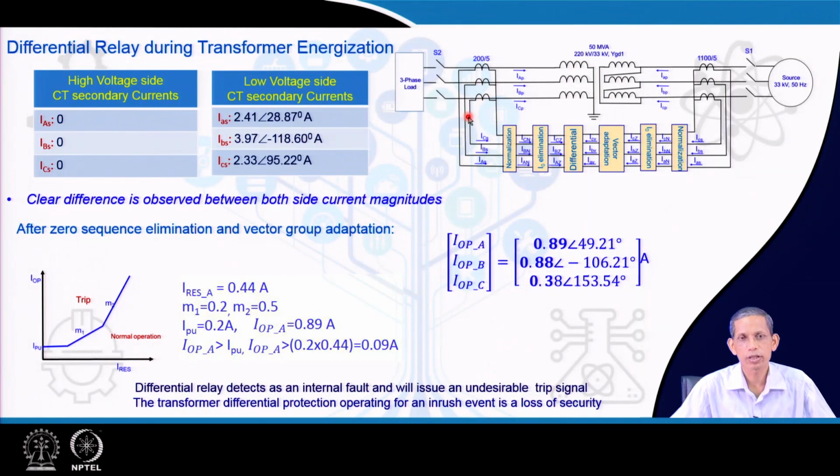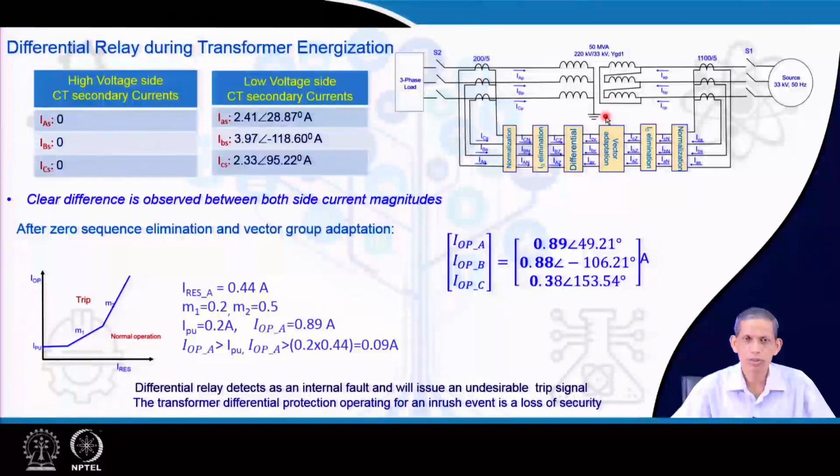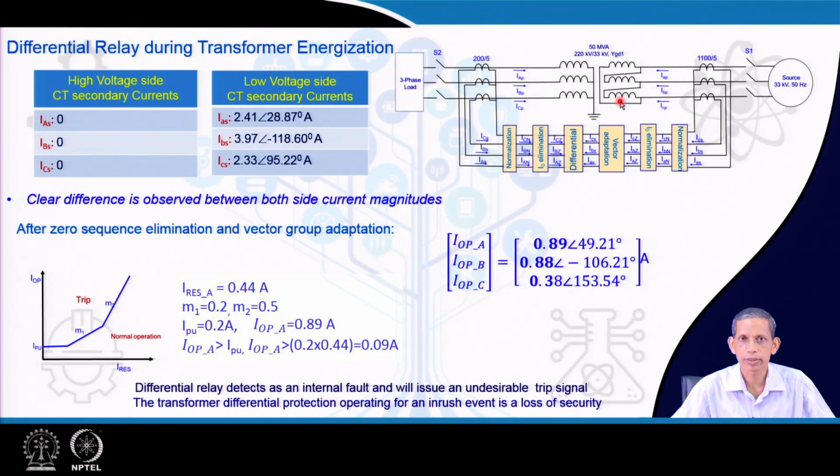This is not a fault case. After some time the corresponding current will die down and the differential current will also vanish, leaving only a very small spill current, 2 to 5% of the rated current, due to the magnetizing current. So, this is not an internal fault case, and the differential relay should not operate at this time, but if